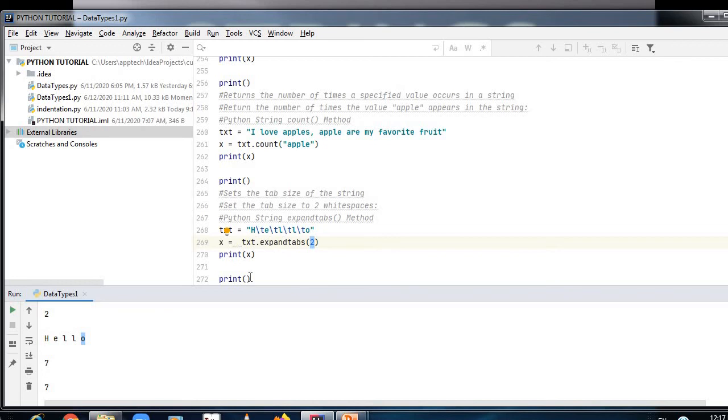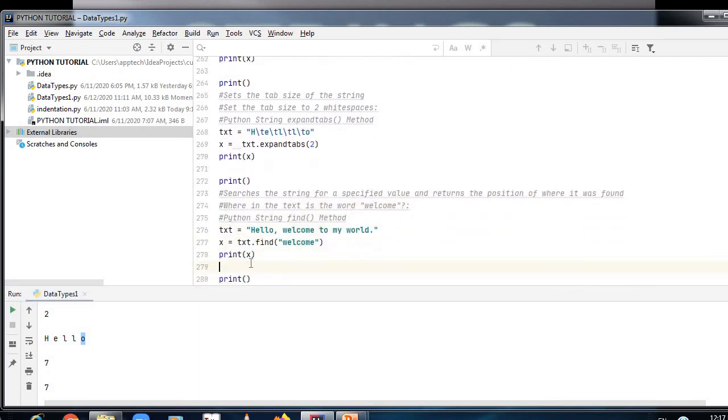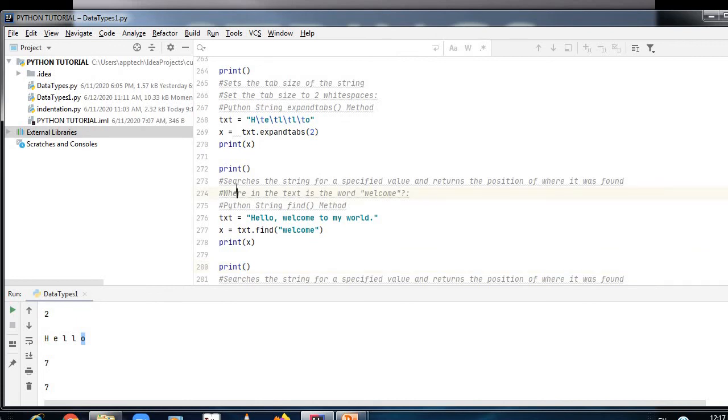Now after this we will be doing search. Search for a specified value and return the position of where it was found, here in the text the word welcome. Python string find method. Hello world, hello welcome to my world, text dot find welcome.